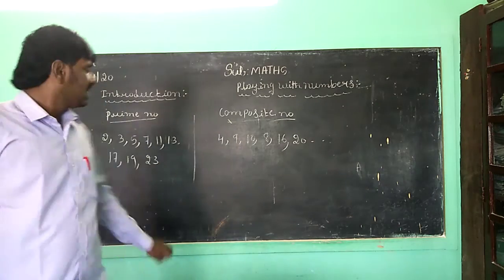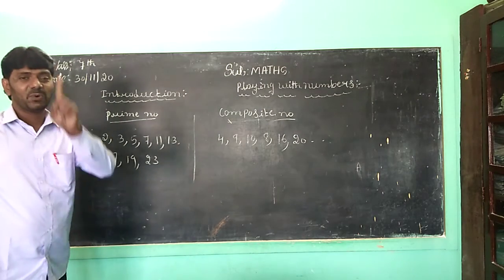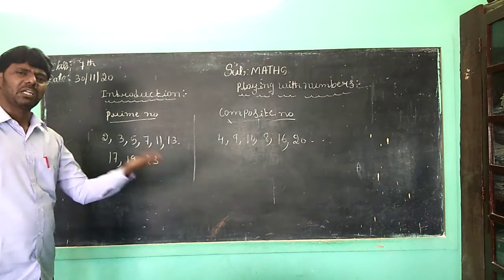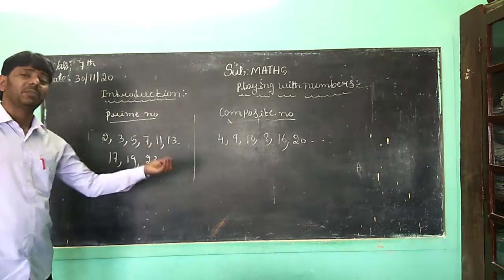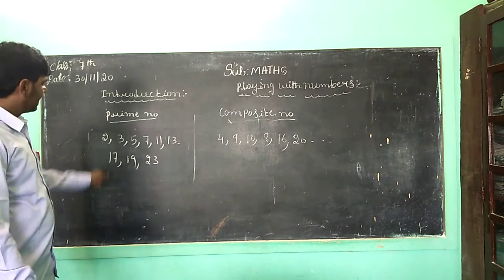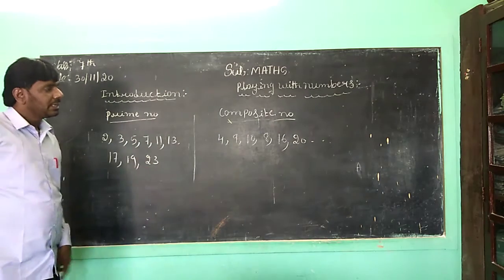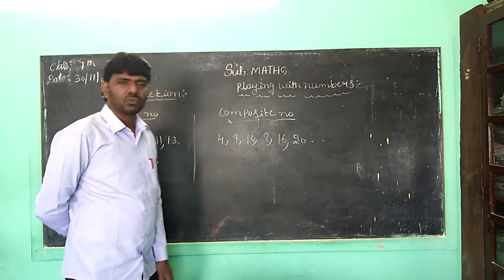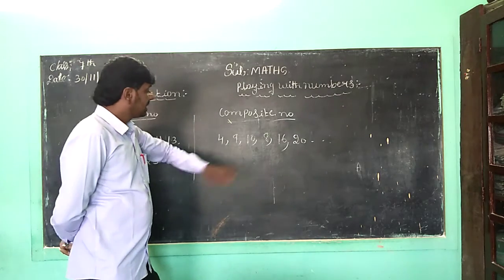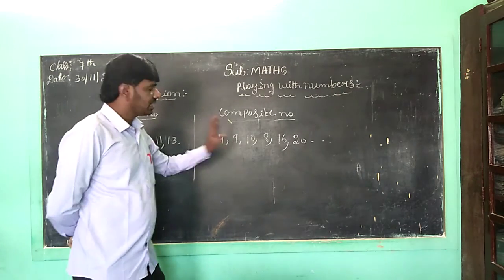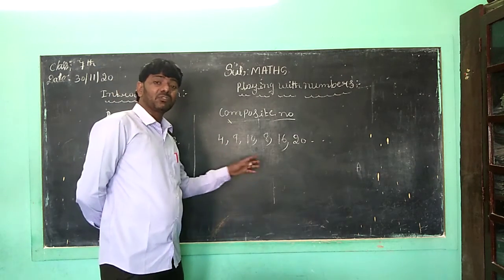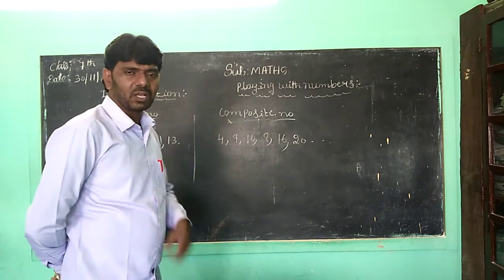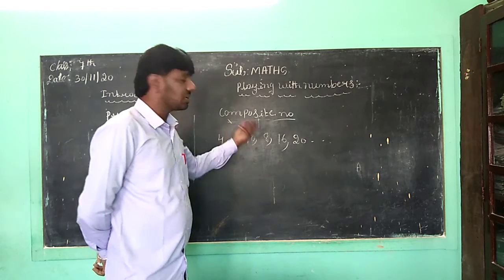Here, see, children, a prime number has only 1 and itself as factors. All numbers are multiplied with 1 and with themselves. It has factors 1 and itself. Here, see factors of 4: it is a multiple of 1, 2, and 4 also. For 9, you can see factors 1, 3, and also 9. For 10, factors 1, 2, 5, and 10.